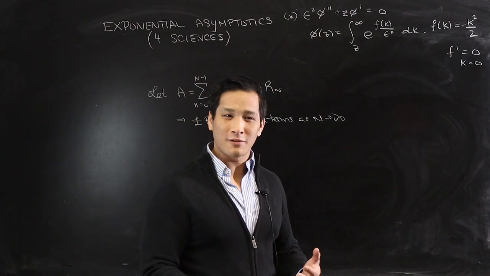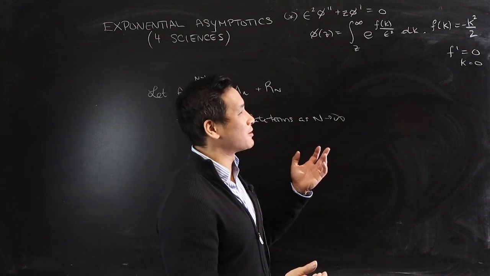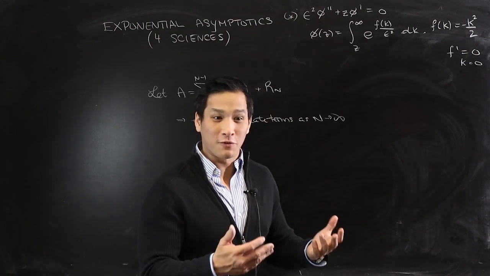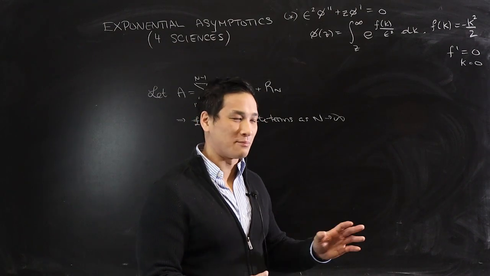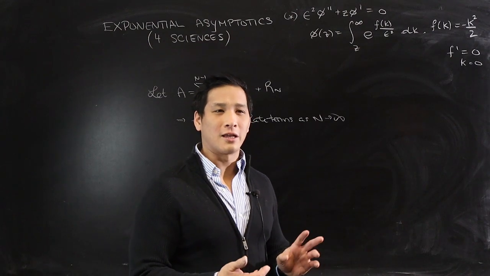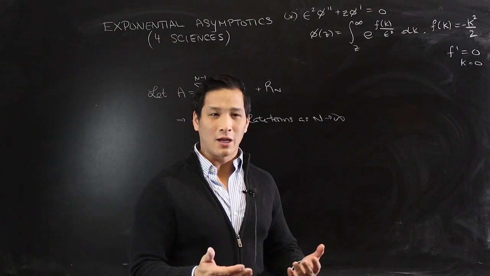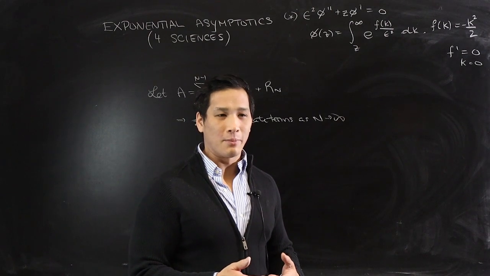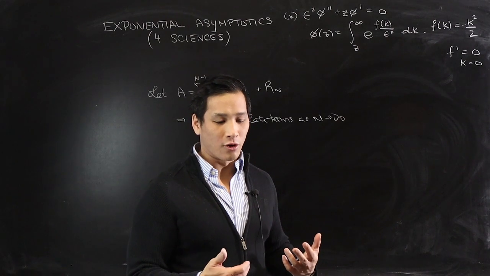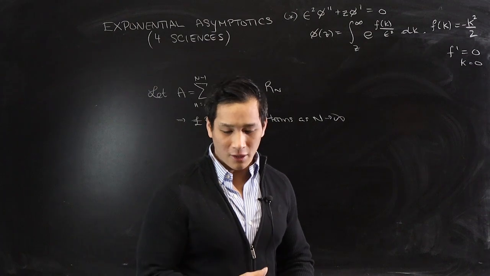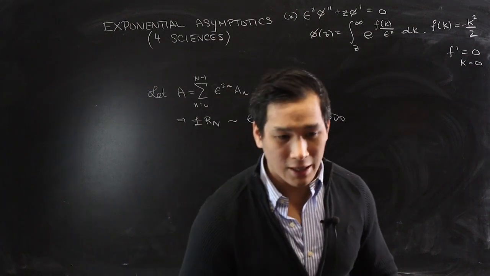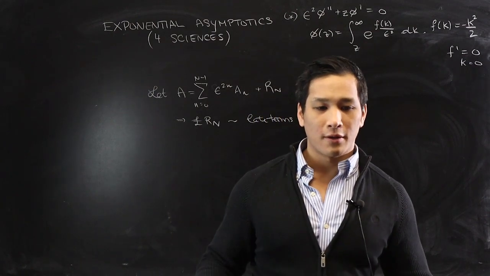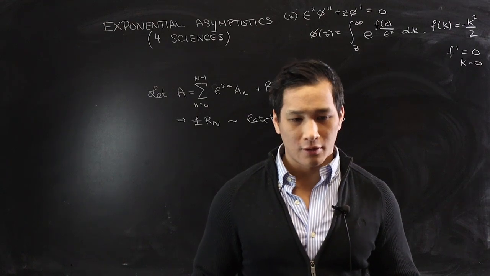For reasons of pedagogy, I typically don't present the Airy equation as the first example you come up with because it's a lot harder to study than the exponential integral. But now that we have our techniques of steepest descents and we know a bit better what's going on, we can now go back to look at this original problem that Stokes had studied in the 1800s. Okay? All right, so let me see if I can